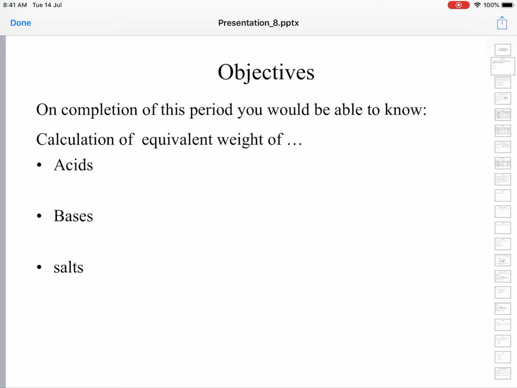To recapitulate, how did we define mole? Mole is the quantity of substance that contains Avogadro number of elementary particles. Avogadro number is 6.023 × 10^23. It's just a number. Elementary particles are atoms, molecules, ions, protons, neutrons, etc. We worked out a few problems on the mole concept. We have seen what molarity is. Molarity is the number of moles present in 1 liter of solution.